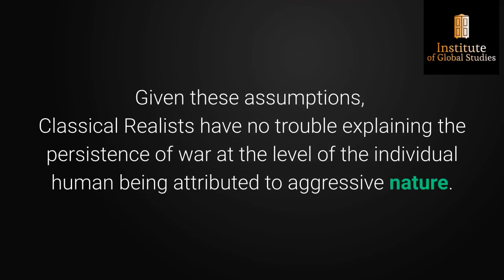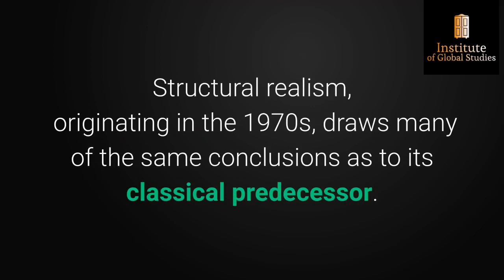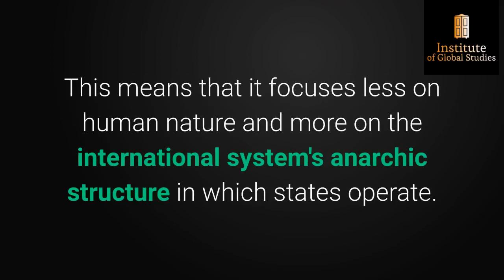Given these assumptions, classical realists have no trouble explaining the persistence of war at the level of the individual human being attributed to aggressive nature. Structural realism, originating in the 1970s, draws many of the same conclusions as its classical predecessor. It does so, however, by looking at systemic causes rather than individual ones. This means that it focuses less on human nature and more on the international system's anarchic structure in which states